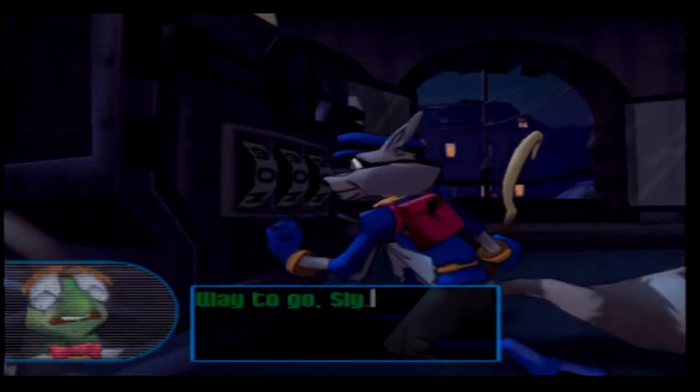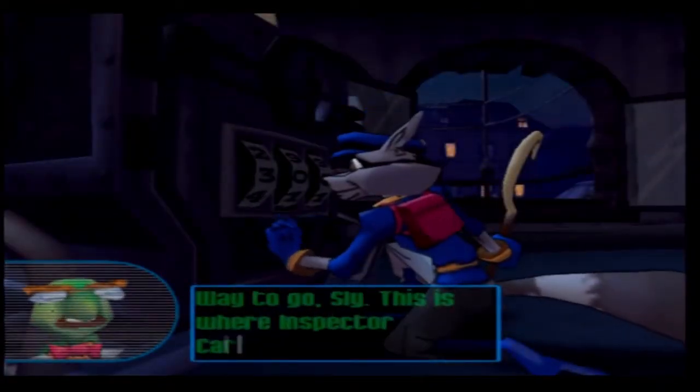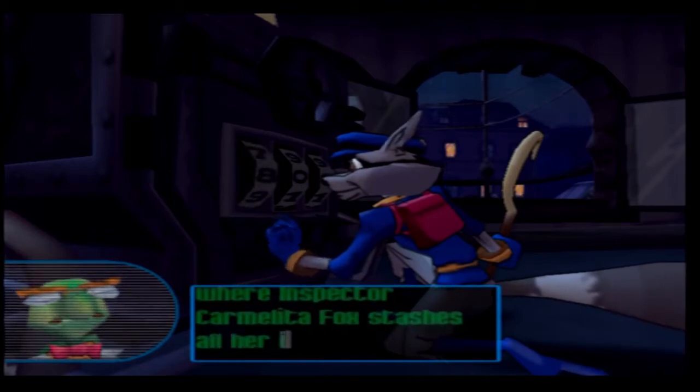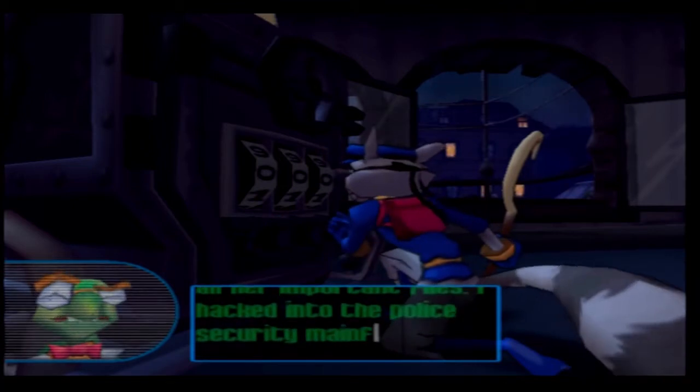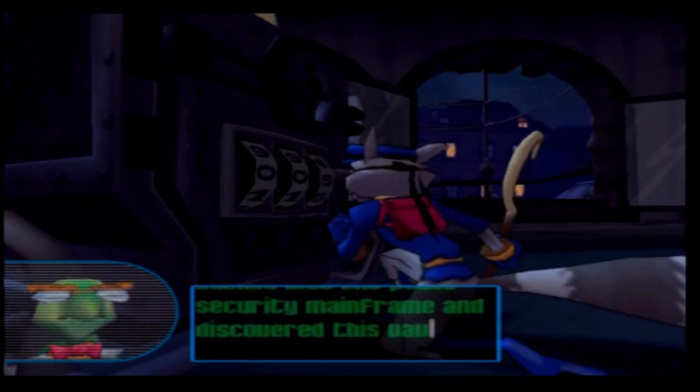Way to go, Sly! This is where Inspector Carmelita Fox stashes all her important files. I hacked into the police security mainframe and discovered this false combo. Try dialing in